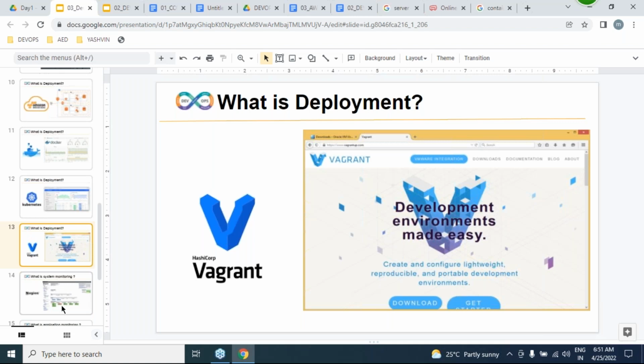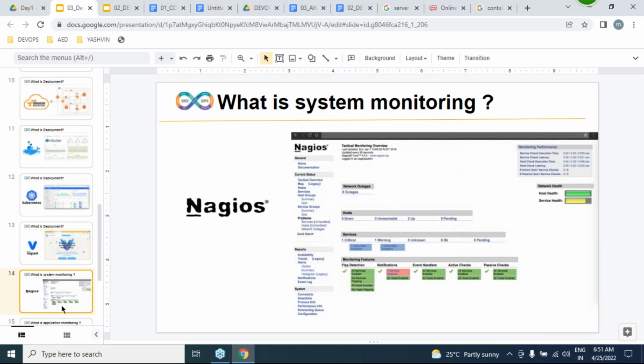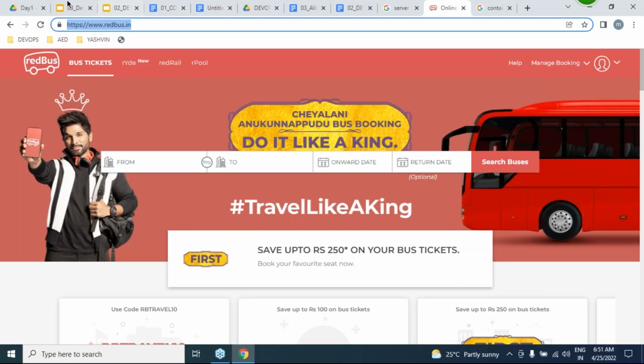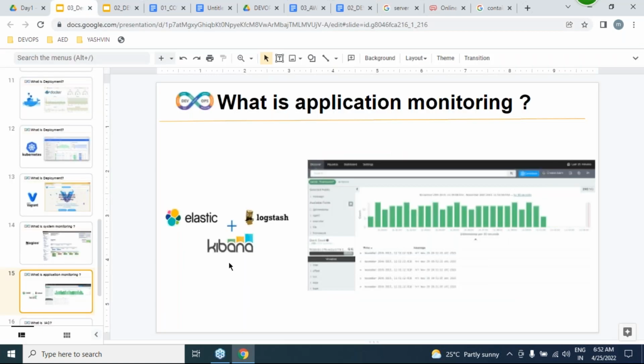We are going to be learning Nagios. Nagios is system monitoring, like RAM, CPU, whether the system is alive or not. A basic monitoring we can do that. And ELK is application monitoring. Each and every application is generating logs in the background. Those logs we are going to be monitoring.